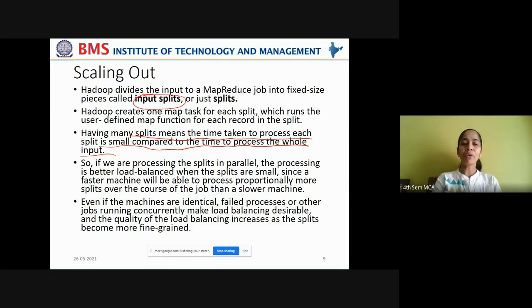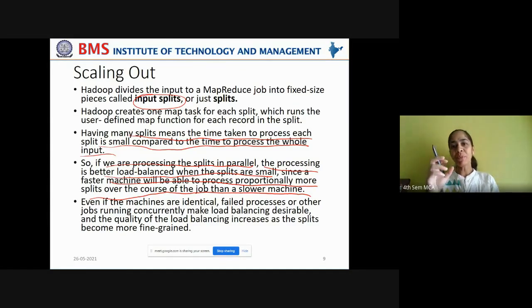Now, if we are processing the splits in parallel, simultaneously by handing over multiple threads, the processing is better load balanced when the splits are small, since a faster machine will be able to process proportionally more splits over the course of the job than a slower machine.